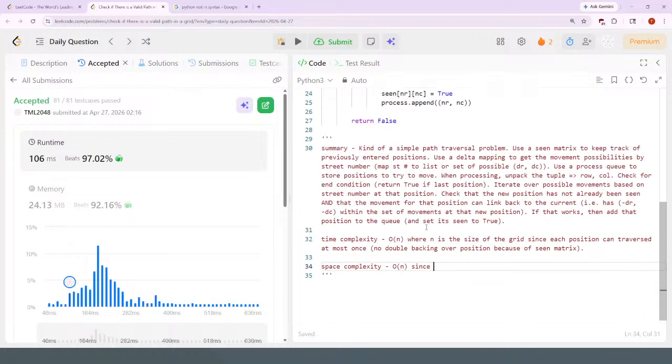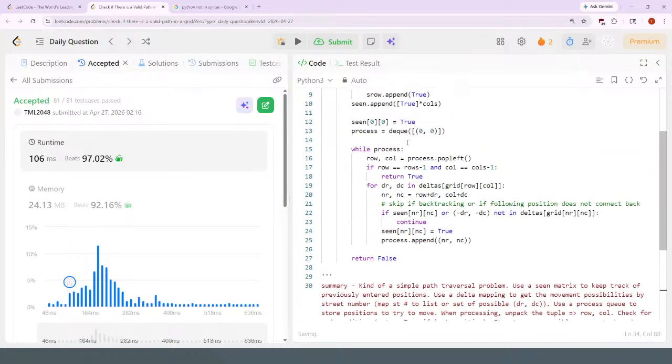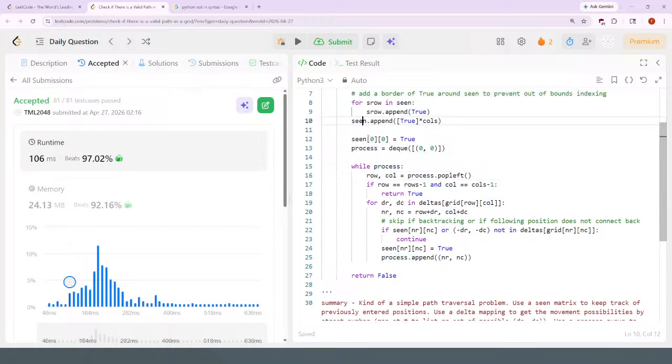Yeah, actually it's O of n, since we use a scene matrix to keep track of previous positions. The actual process queue, I think it only has 2 at any time. I'm pretty sure. So this process queue is always constant, but the scene is obviously